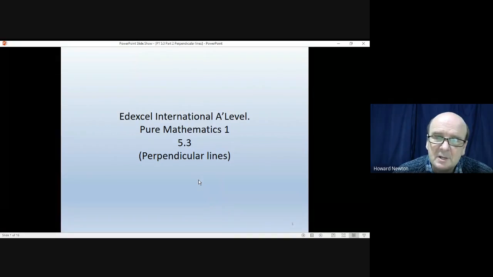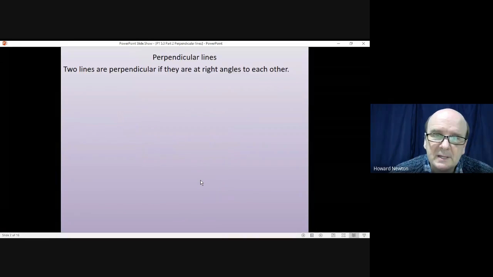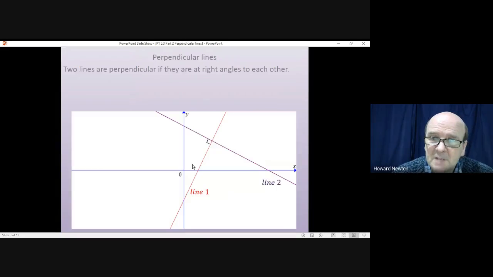Hi there, and welcome to this lesson on Pure Mathematics 1. In this lesson, we're looking at perpendicular lines. Two lines are perpendicular if they're at right angles to each other. So, for example, these two lines, line 1 and line 2, are at right angles to each other, they're perpendicular